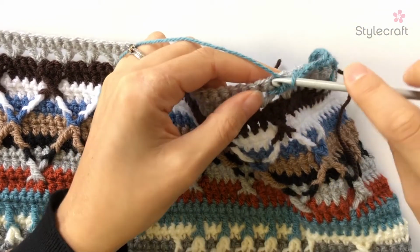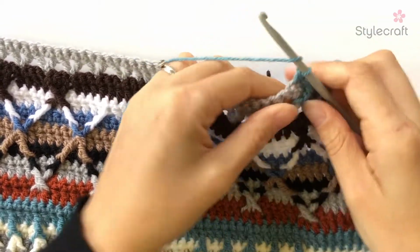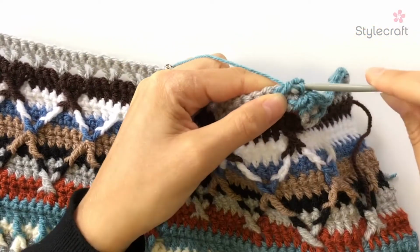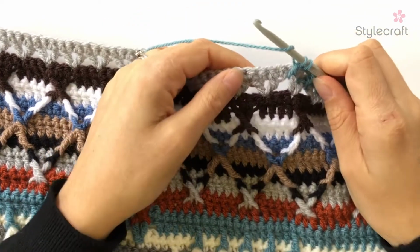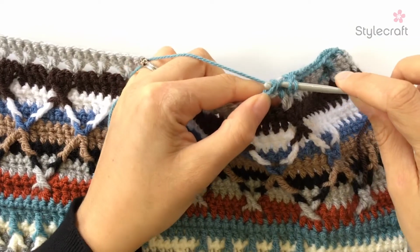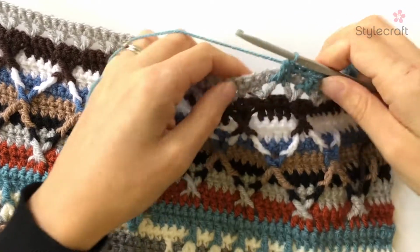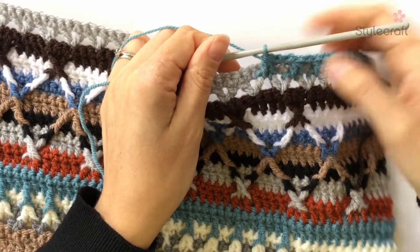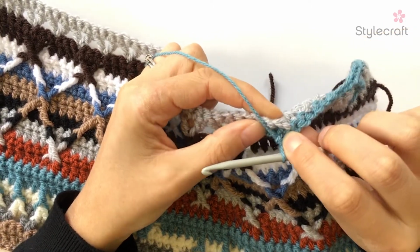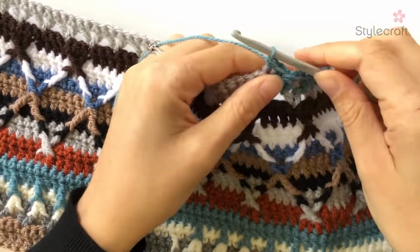Then we're going to miss a stitch and work a DC into each of the next 2. And do it again. Yarn over, insert your hook around the back of the next available post, yarn over, pull through 2, yarn over, move on to the next, yarn over, pull through, yarn over, pull through 2, so there's 3 loops left on the hook, yarn over and pull through all 3. Okay, miss a stitch and work a DC into each of the next 2, and then work your tog again,